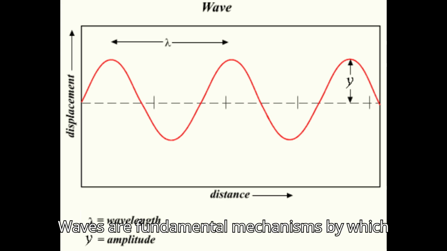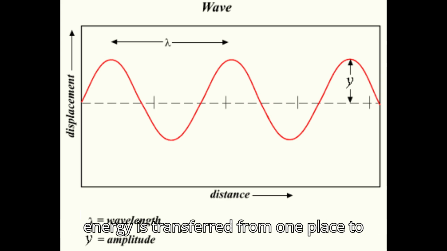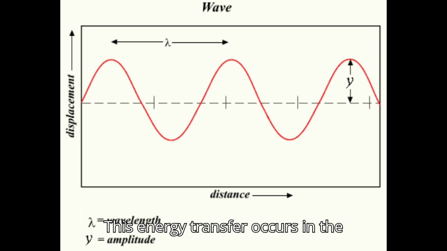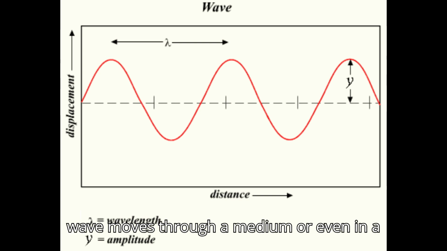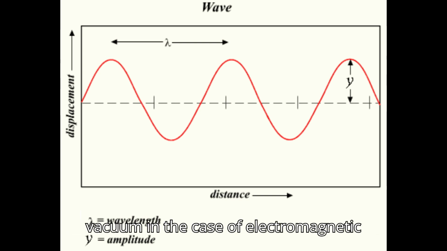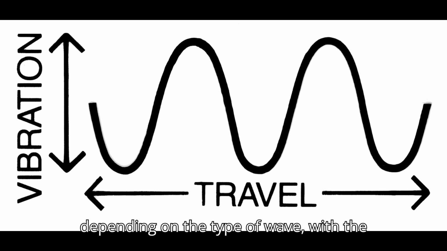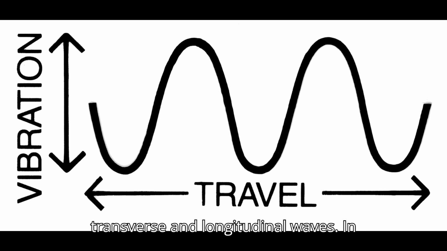Waves are fundamental mechanisms by which energy is transferred from one place to another without the transfer of matter. This energy transfer occurs in the direction that the wave is traveling, and it happens as the wave moves through a medium or even in a vacuum in the case of electromagnetic waves. The nature of this movement varies depending on the type of wave, with the primary distinction being between transverse and